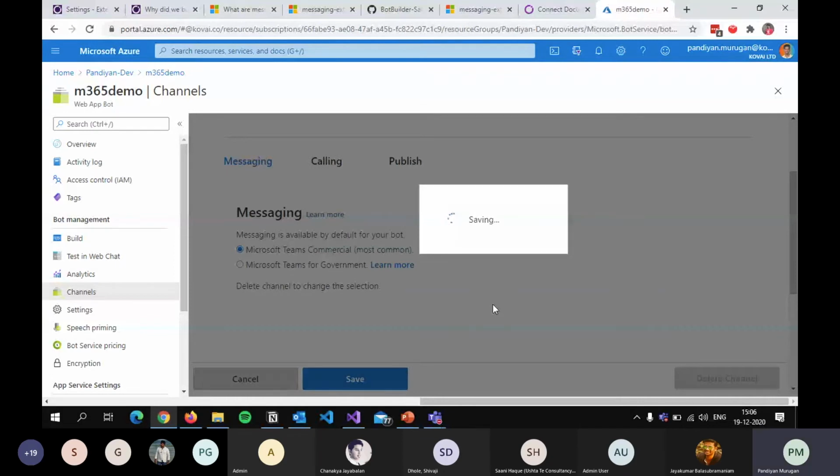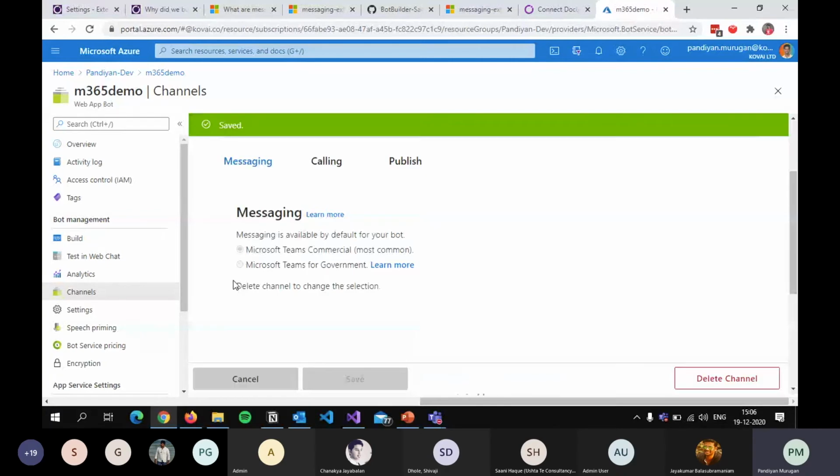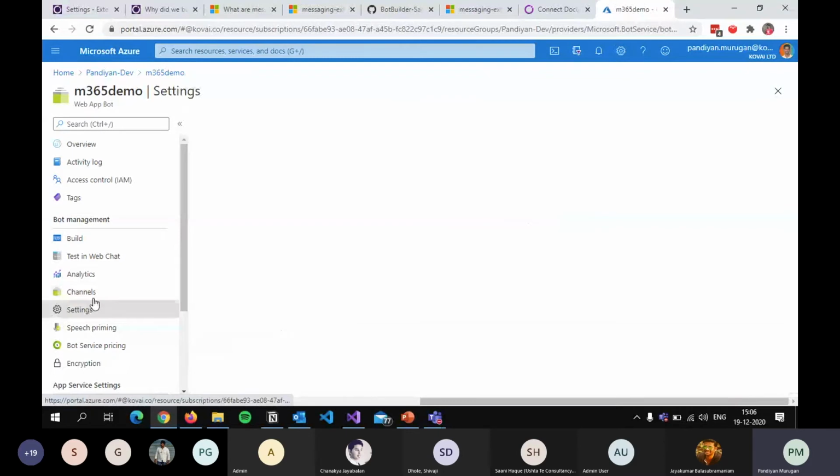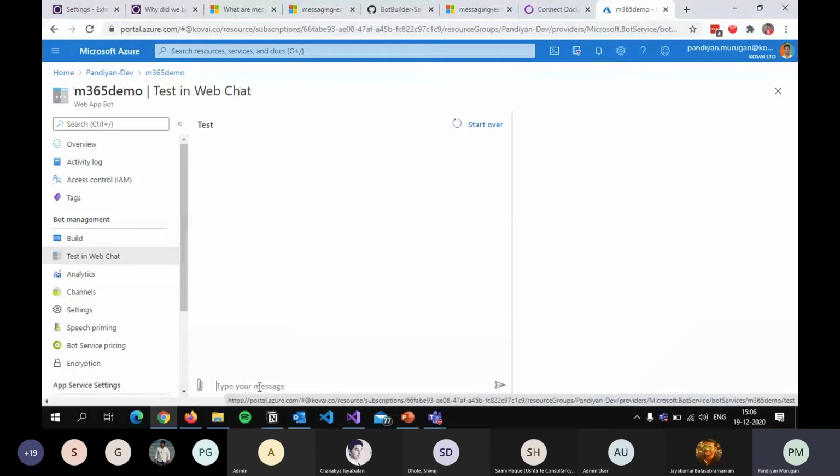Okay, it got created. It got enabled and is showing health as running. If you want to add other channels like Facebook, Telegram, or Slack, we can enable and configure them based on the needs. If you are going to use the web chat, the chat will look like this. Let's say testing web chat. Since it has the echo bot now, the default code, it will show whatever messages we type. For example, I type hi, it will reply with an echo, hi, something like that.